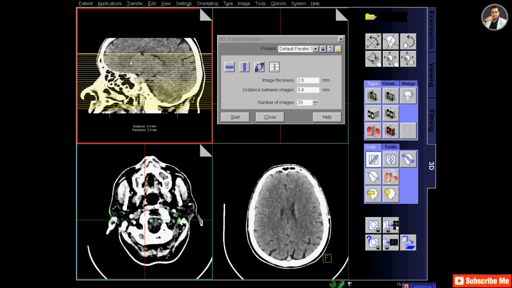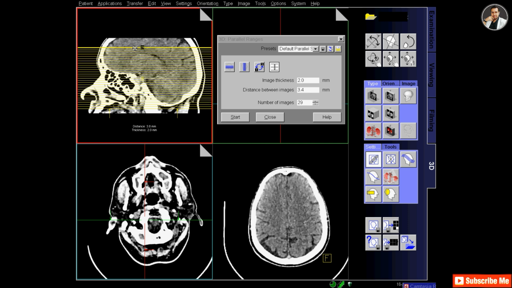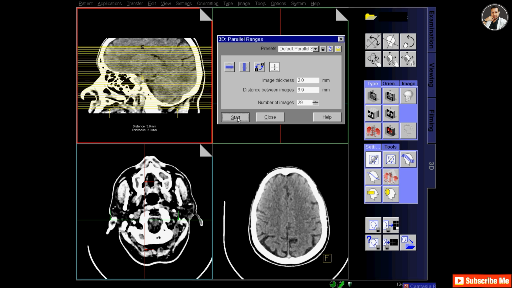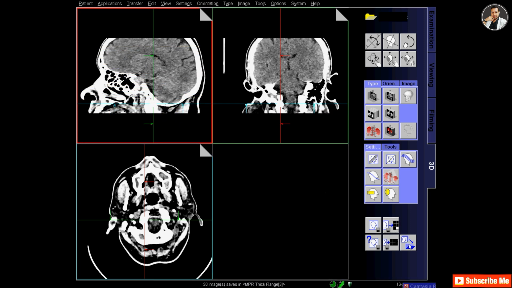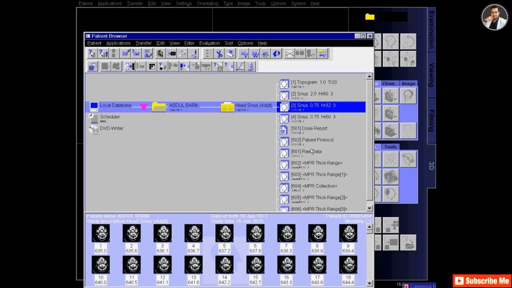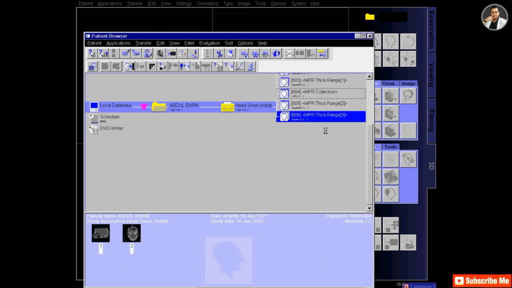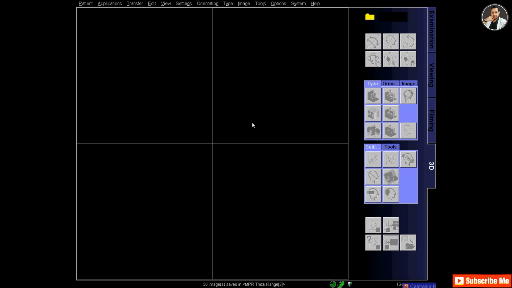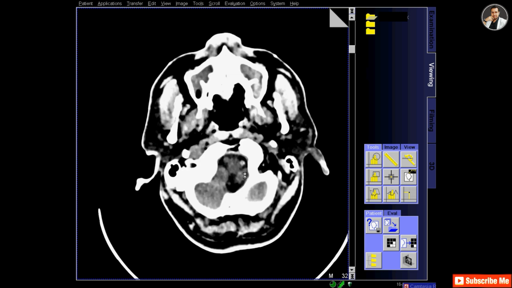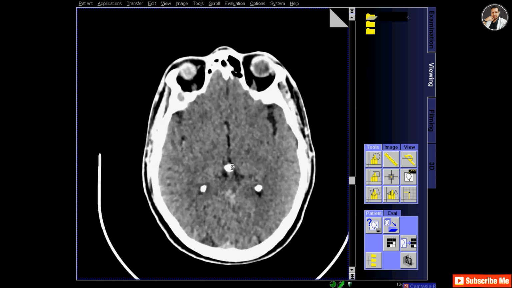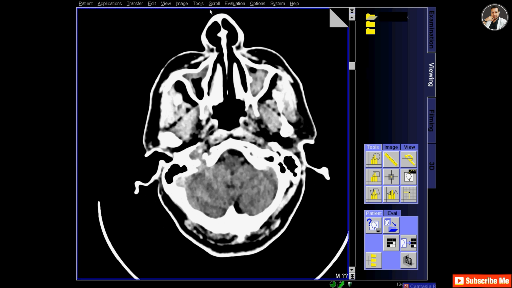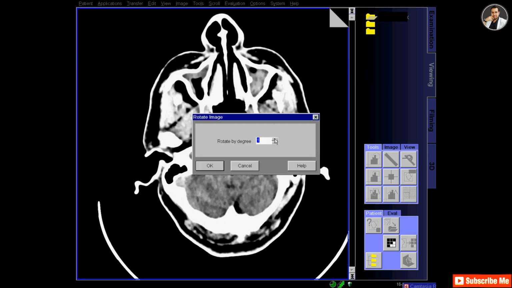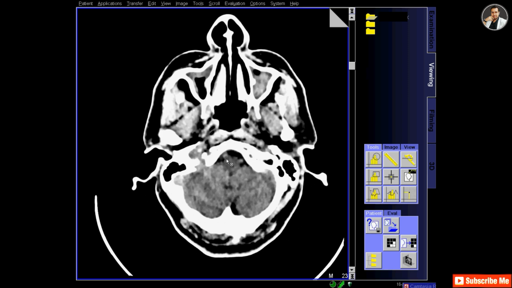And again I will drag the slices from the base of the skull so that the maxillary sinus is included and up to the frontal sinus above. And from the Prescient browser I take it to the viewing, and you can see that the head is oriented rightward.